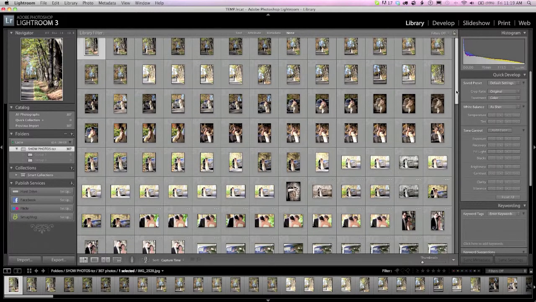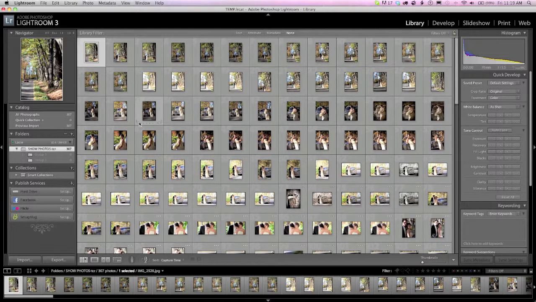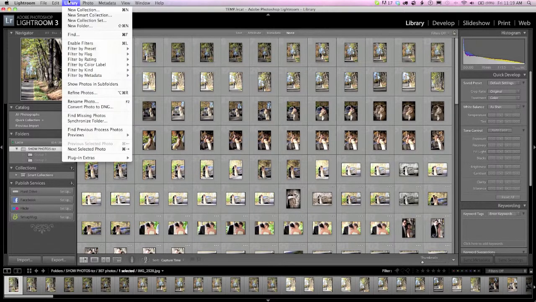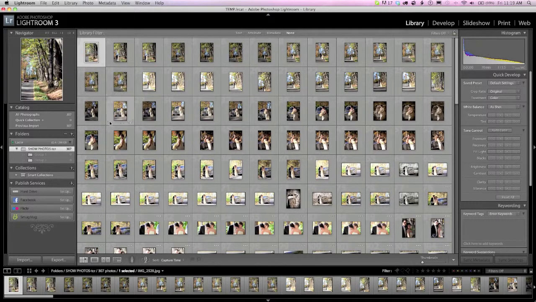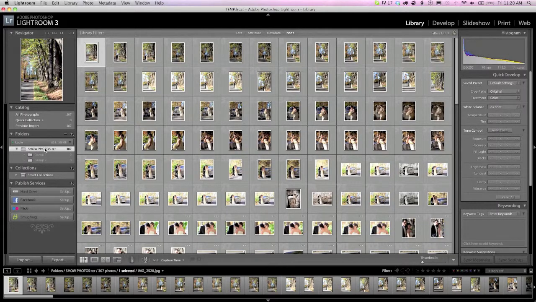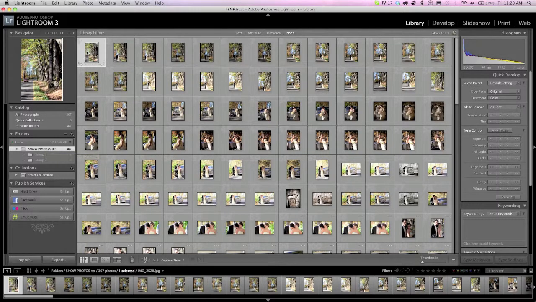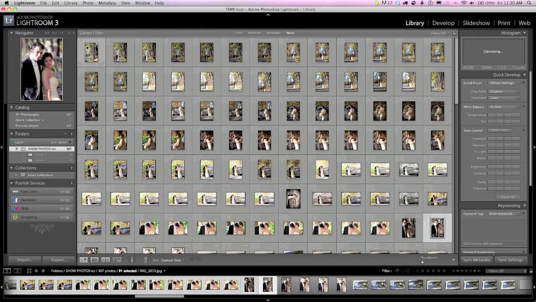So the first thing I'm going to do is go up to the Library menu, and make sure that Show Photos in Subfolders is not selected. If I show this, what it means is when I select the parent folder, it's going to show me everything in the subfolders as well. And for this particular task, I don't want that. So I'm going to select 91 images right now, okay? And I'm going to drag them into the group 1 folder,